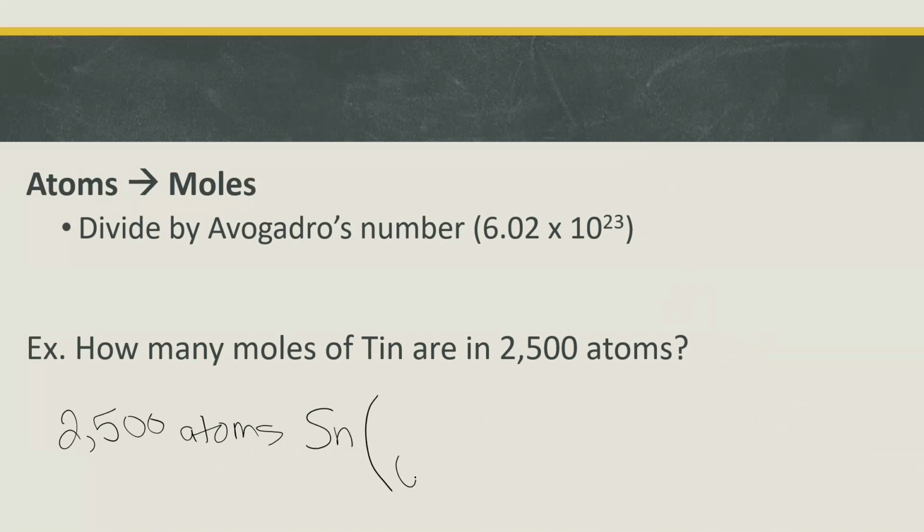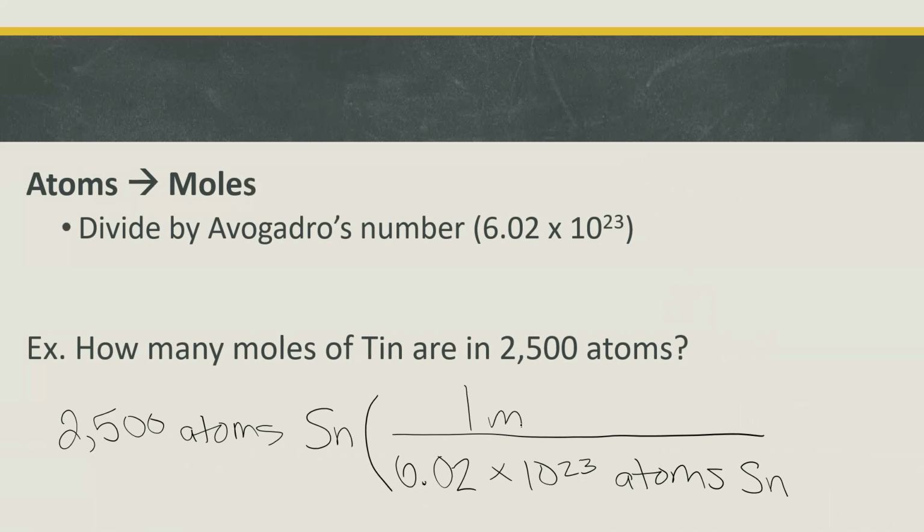Now I'm dividing by Avogadro's number. This one's a lot to write, but that's okay. And then 1 mole goes on the top. So my atoms cancel out my atoms. I'm good to go. So in my calculator, I'm going to type